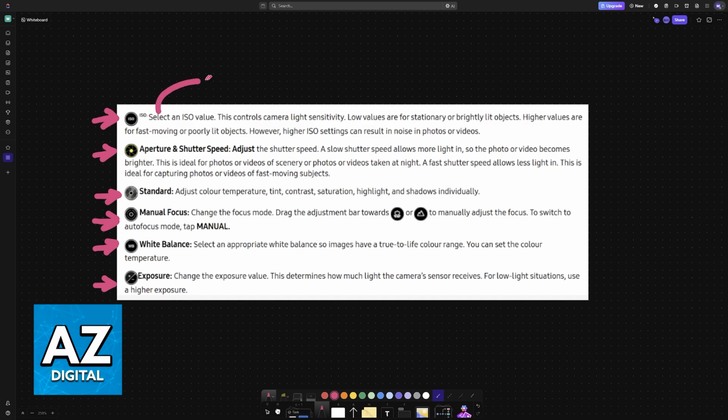First, you have ISO. This is going to be the light sensitivity. So whenever you take a picture and you change the ISO, this is going to control how sensitive your camera's sensor is going to be to light. Less sensitive values like 50, 100, and 200 will produce cleaner images with less digital noise. It is ideal for bright conditions or when using a tripod. So for very bright conditions, you want to lower this value.